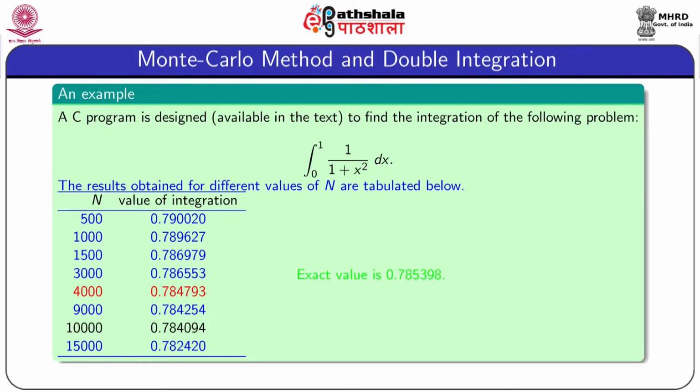The Monte Carlo method is described to find the integration of an integrable function, and we have seen from the last table that the method does not give a better answer in one execution. To get a good result, we have to repeat the method several times. So, this method is one kind of simulation based method, and by applying several trials, we can choose the best result from the different results obtained in different trials.